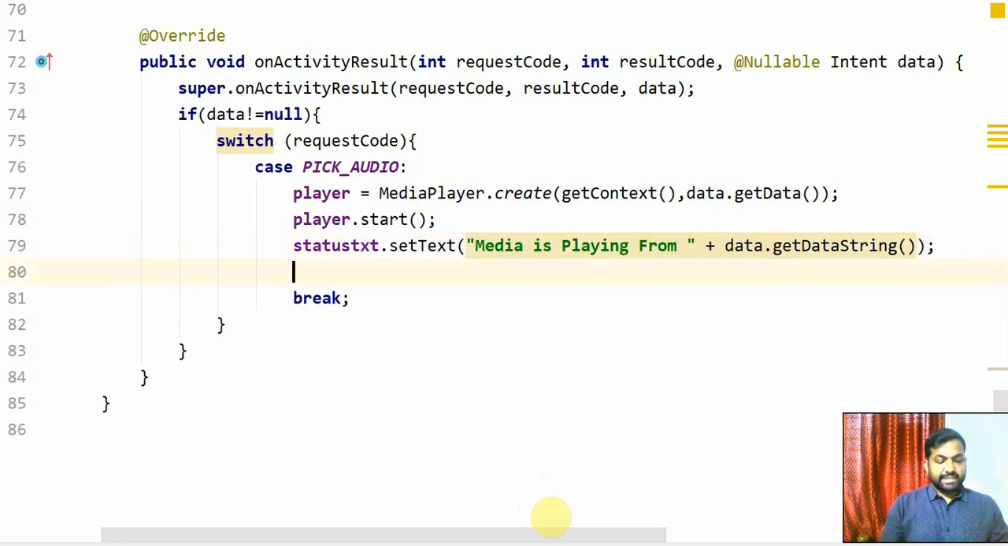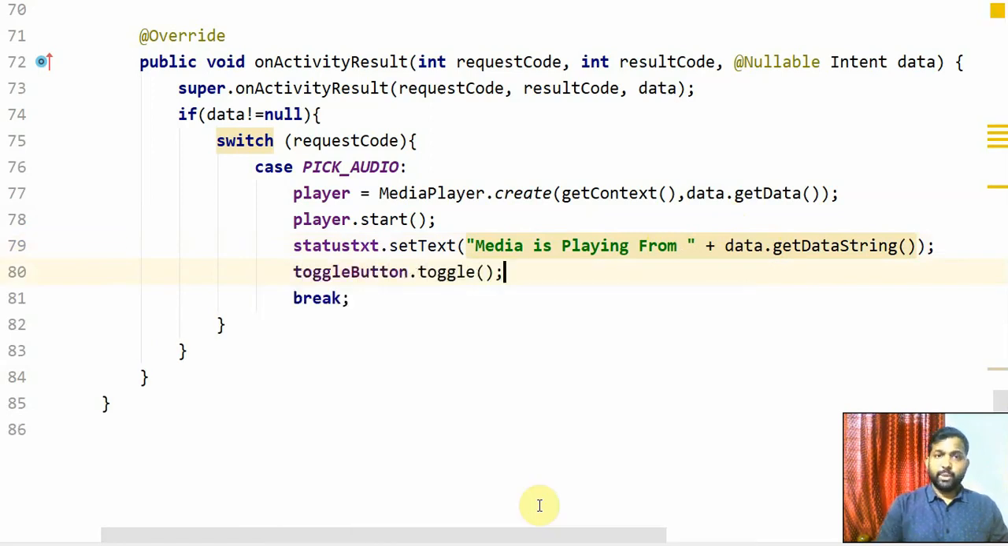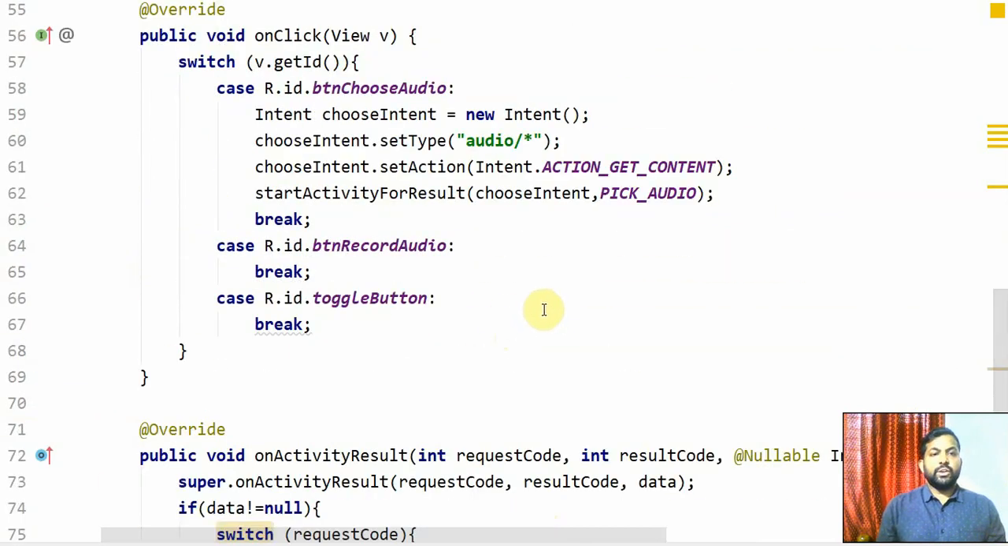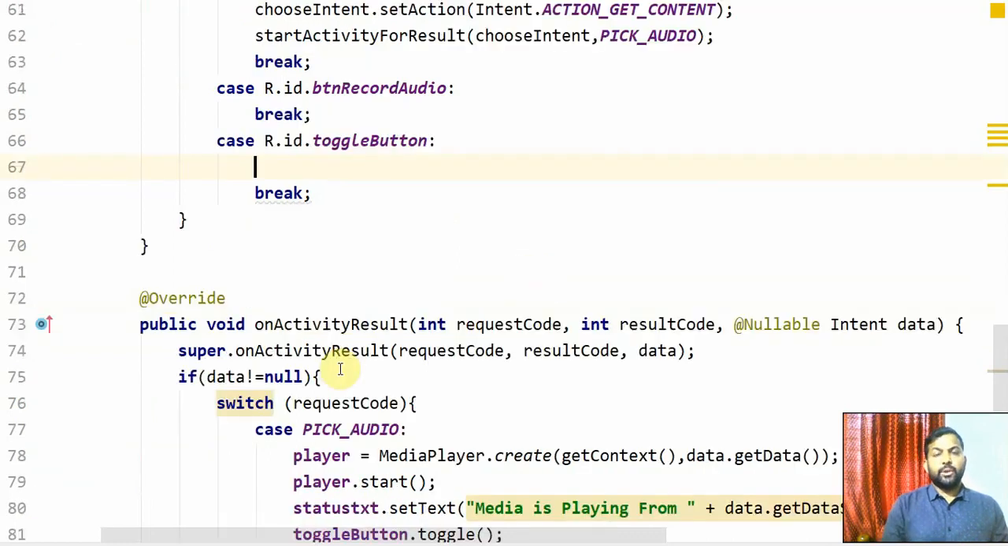Now, the last line is I'm just going to call the toggle button and say toggle. Whatever state you are in, just reverse it. That's all. And the next thing is if you click on the toggle button, what should happen? So here I'm going to write a simple if else condition. In the toggle button, I'm going to write a simple if condition like if